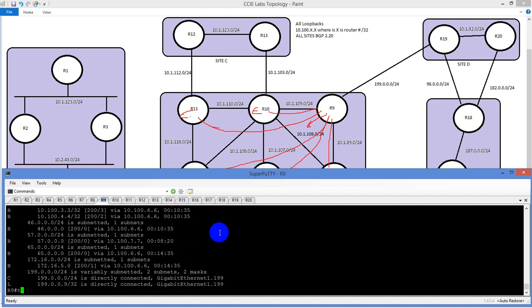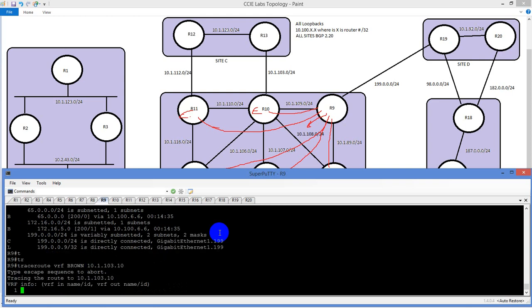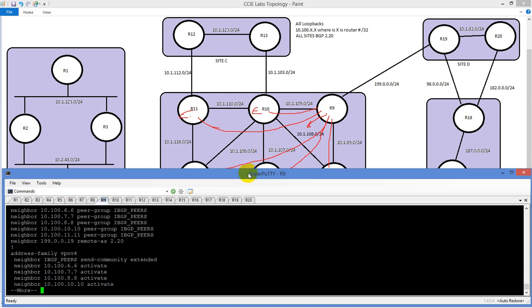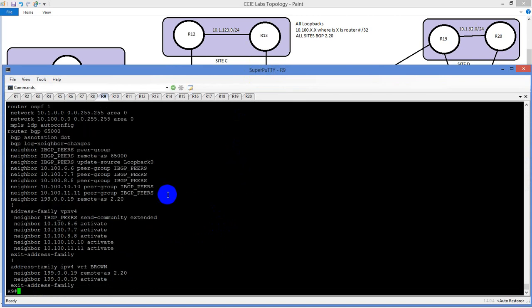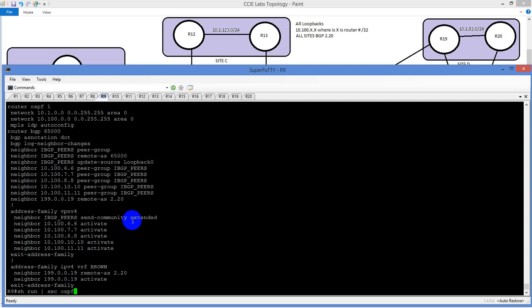But if we were to do a trace route to 10, or trace vrf brown to 10.1.103.10. Do I not have my show run pipe section router? And what this is going to do is it's going to show me my import export. So I am doing, okay, show run pipe section OSPF, or no, this is BGP. So I don't need to do redistribution here, but that's part of the problem. So what I would need to do,